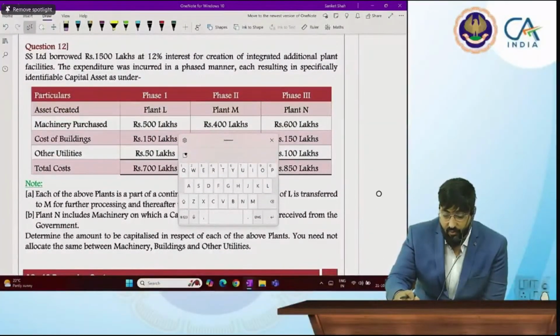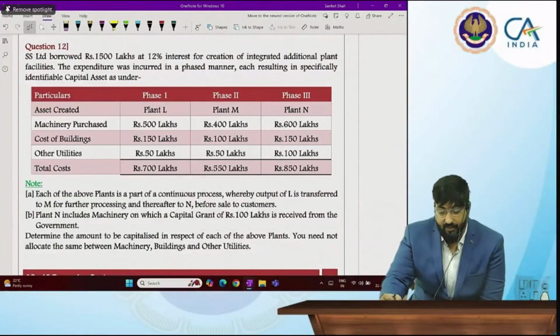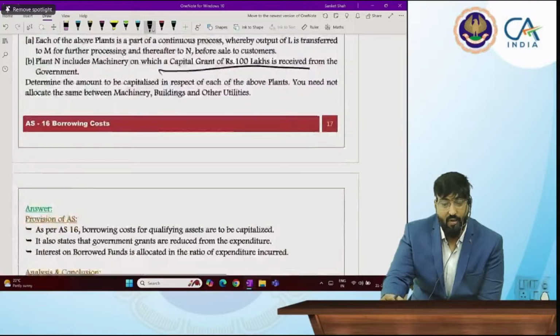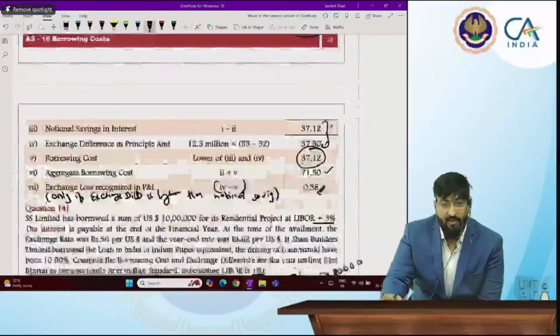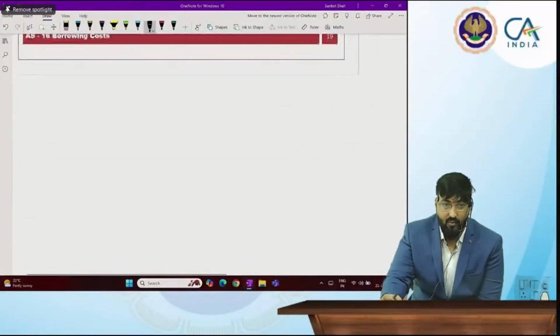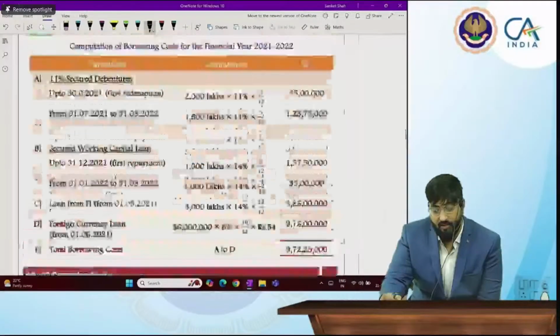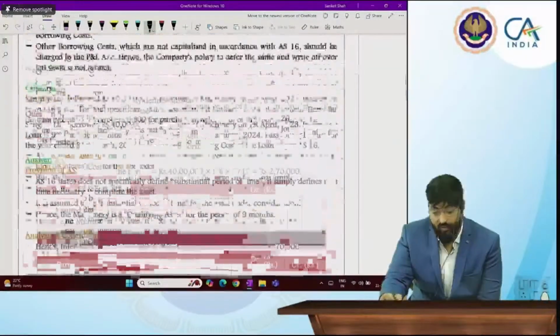This is again, we already completed phase 1 and phase 2. Only capital grant is received, that is deducted as per AS 12. So you can read the answer and you'll get this. Okay. And 13 and 14. And we have finished with this. All important illustration points we have considered. So friends,